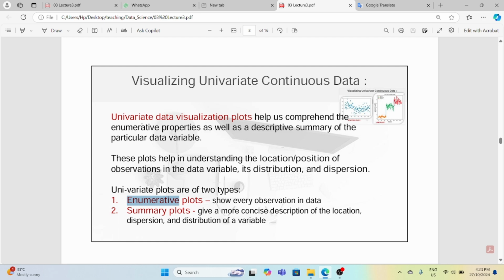visualizing univariate continuous data. Univariate data visualization plots help us comprehend the enumerative properties. Comprehend means understand. Enumerative means several properties such as a descriptive summary of the particular data variables. These plots help in understanding the location, position of the observations in the data variables, their distribution and